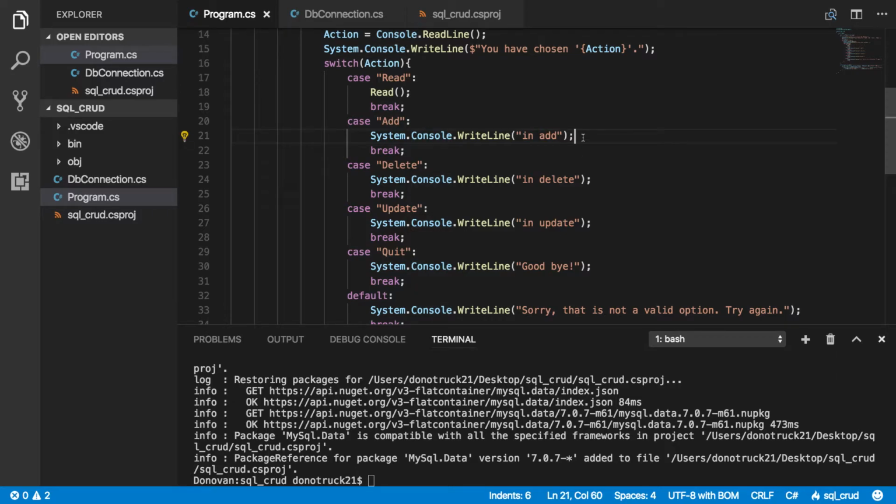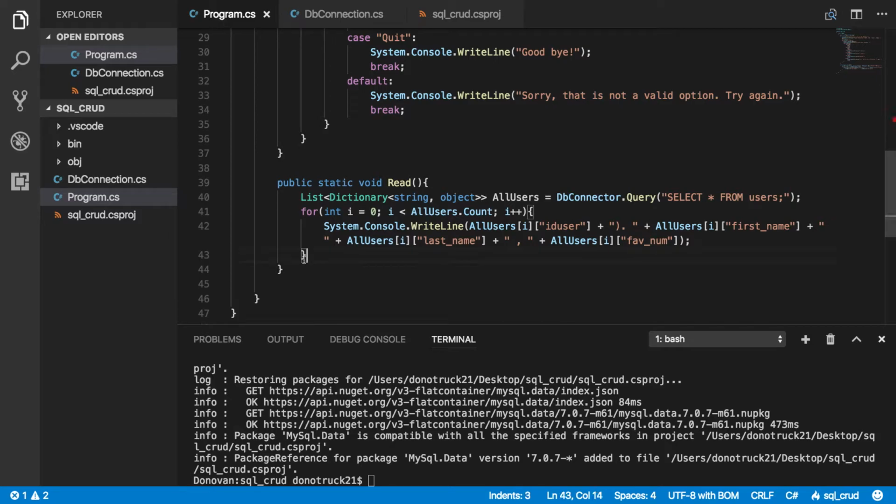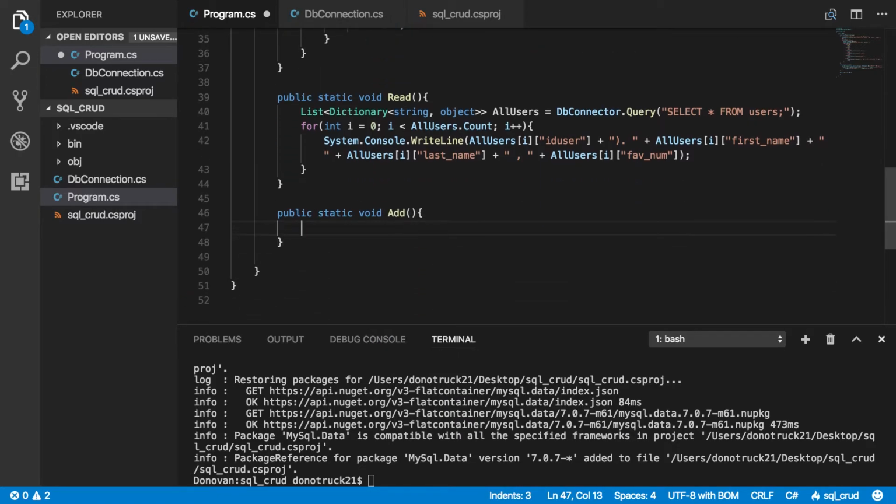So let me see. Let's do the add method. And again, let's make this a little bit more modular. My add case, all it's going to do is call or invoke my add method, which should do what? Insert. Oh yeah, I'm going to need an insert statement for sure. I'm going to need to collect some data from the user first, right? So I'm going to need to do something like... You need to ask them some questions. Adding new user. We can do first name,